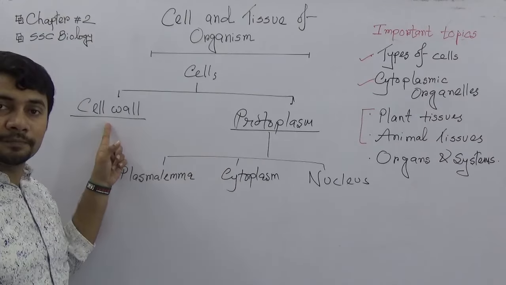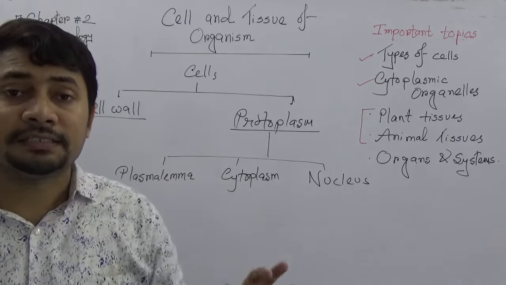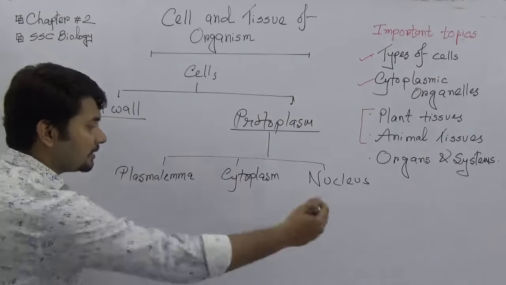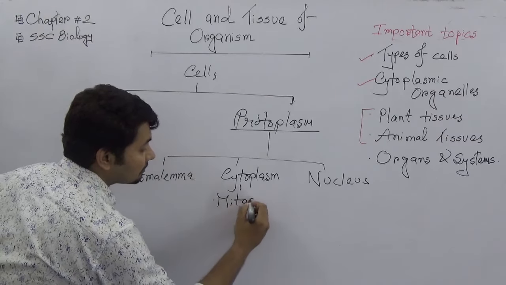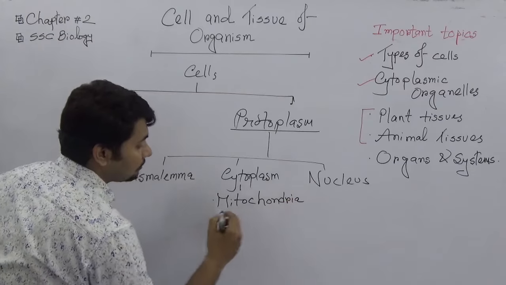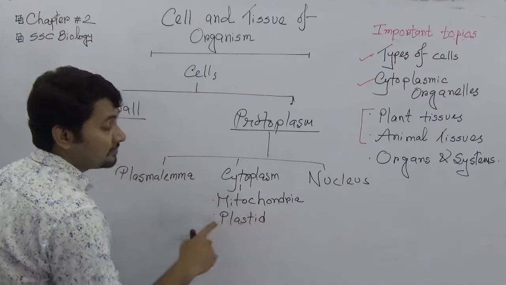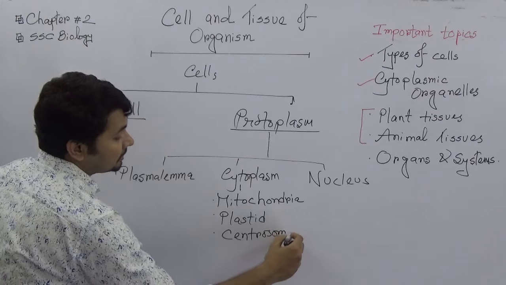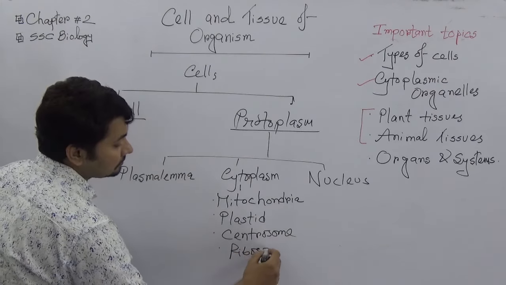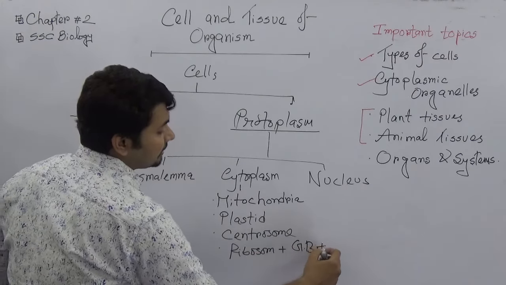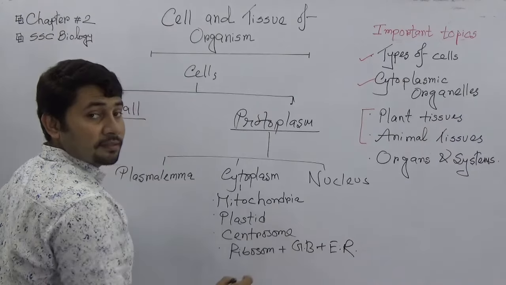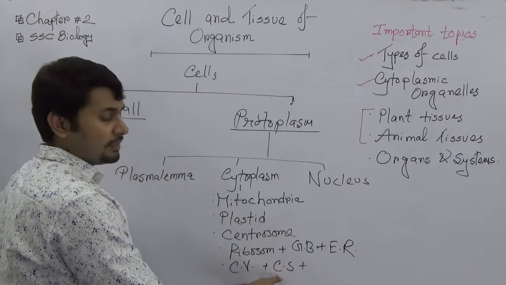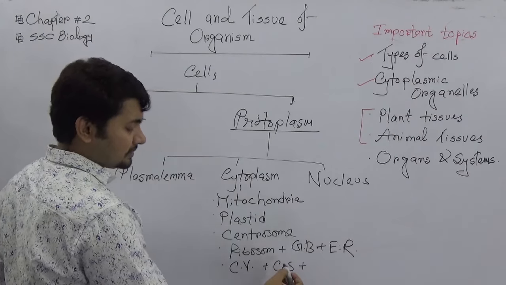This is cell wall. And then this is cytoplasm, and there are some cytoplasmic organelles inside the cytoplasm. Most importantly, number one, we need to know about mitochondria, we need to know about plastid, and this is also a unique character of plant cell. We need to know about centrosome, ribosome, there will be Golgi body, endoplasmic reticulum, there will be cell vacuole, and cytoskeleton,